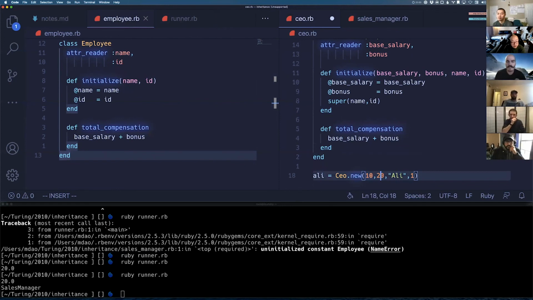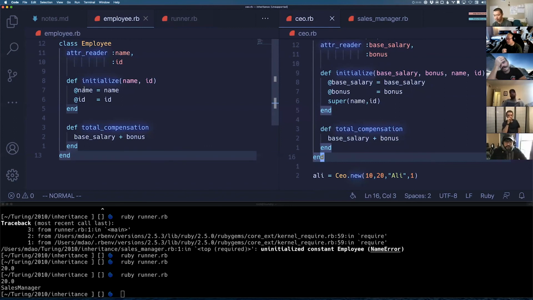And let me change this to a 2 so it's a little more clear that these are separate things. What we're doing here is that we want every single employee to have a name and an ID. So we don't want to have this definition of the name and ID in the CEO, in the sales manager, and every single kind of employee object that we can think of. So what we can do here is that in here,